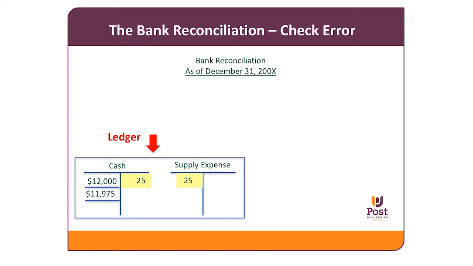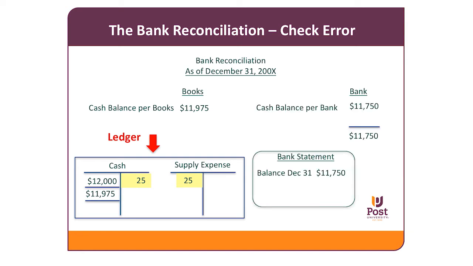In our example, the book balance is $11,975 and the bank balance is $11,750. On the bank reconciliation, you must show an additional $225 being subtracted from your cash. Now we are in balance. $11,750 equals